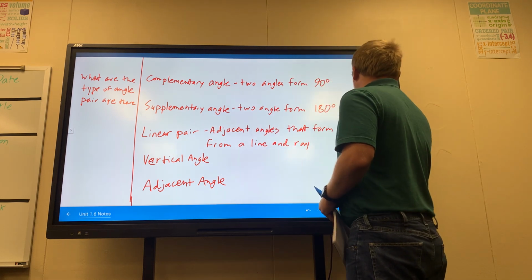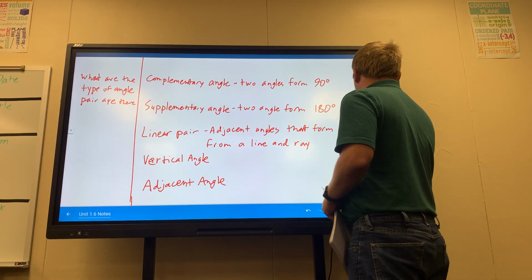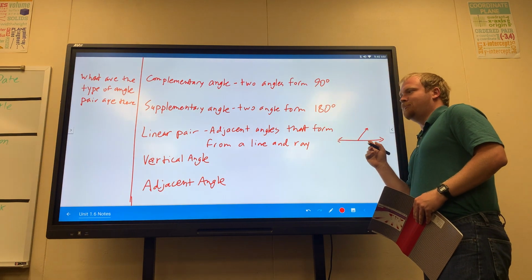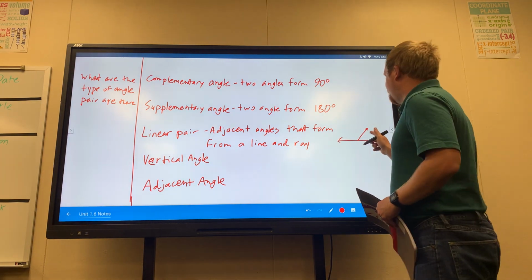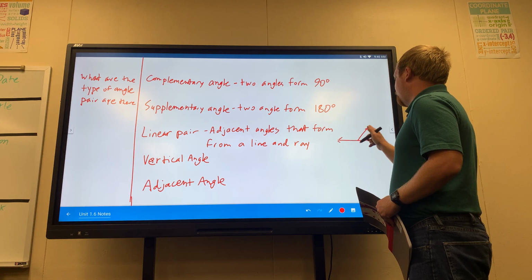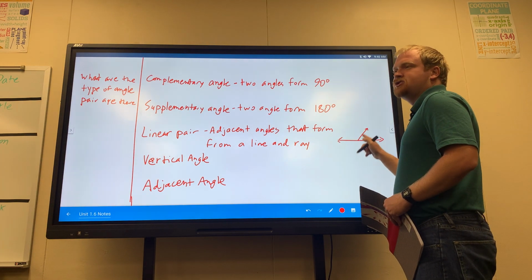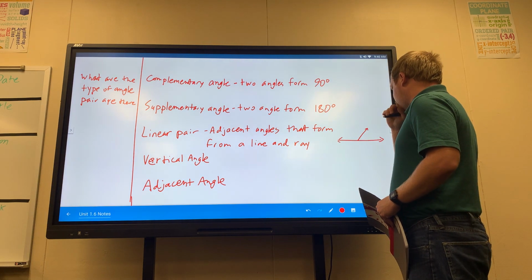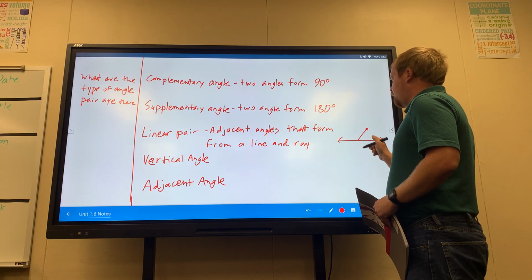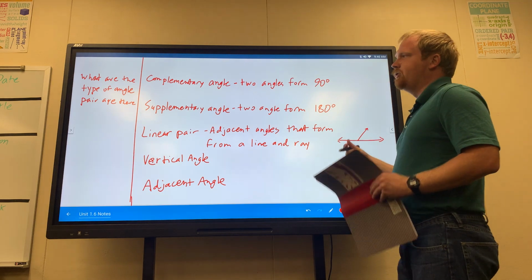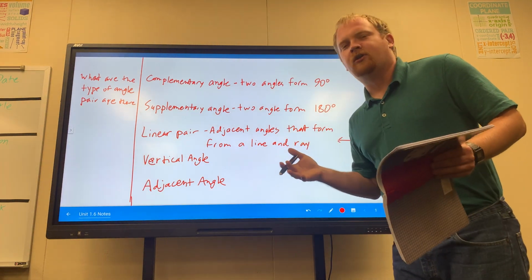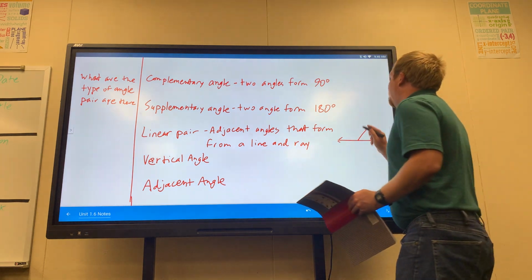So for example, this will be an example of a linear pair. Okay? Notice how this ray right here, this is what we call an adjacent angle, where they share the same ray. Okay? It forms 180 degrees for both, which basically, we can say that all linear pairs are supplementary angles, but